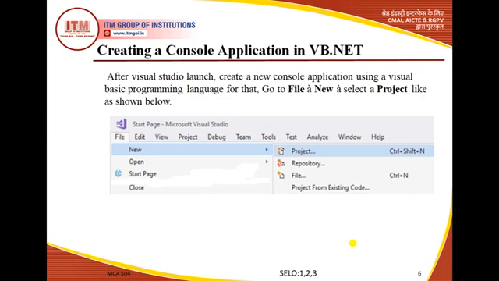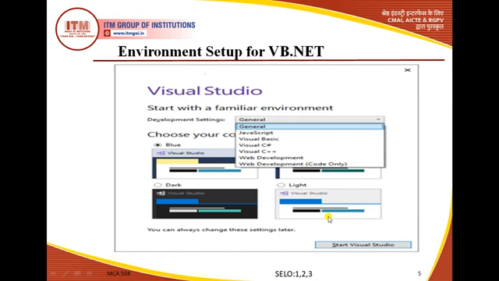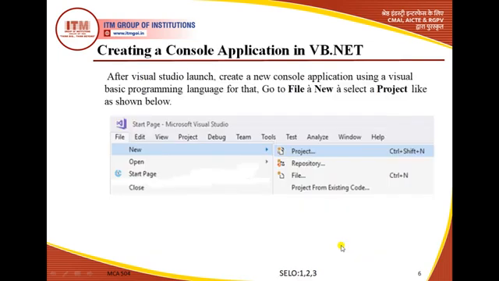Now, if you want to create a VB.NET console application, this is a very important point, students. Once we clicked Start Visual Studio, our Visual Studio framework will be launched.